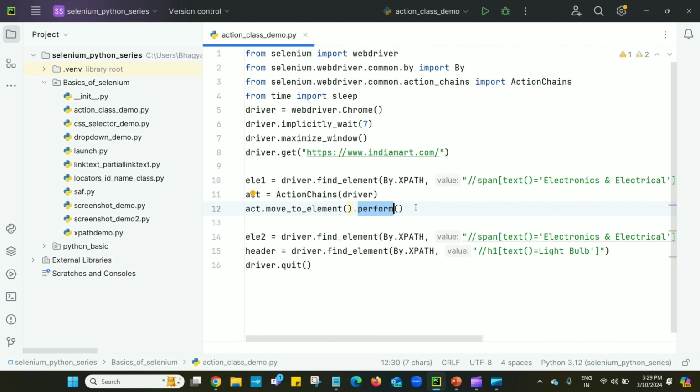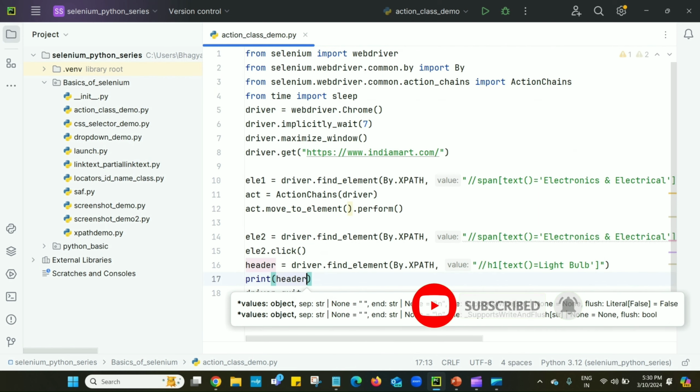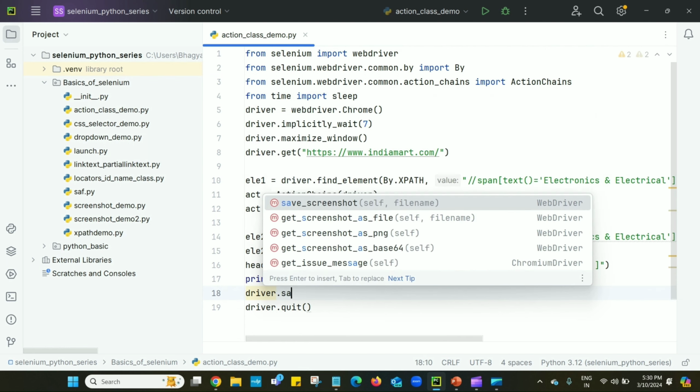We will print header.is_displayed. We can take a screenshot as well. After this, driver.save_screenshot, and here I will give the name as header.png.